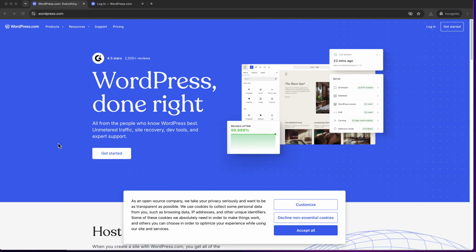Today, we'll walk through the process step by step so that you can add and display code on your WordPress site with ease, even if you're new to the platform. Let's get started. First, open your browser and navigate to